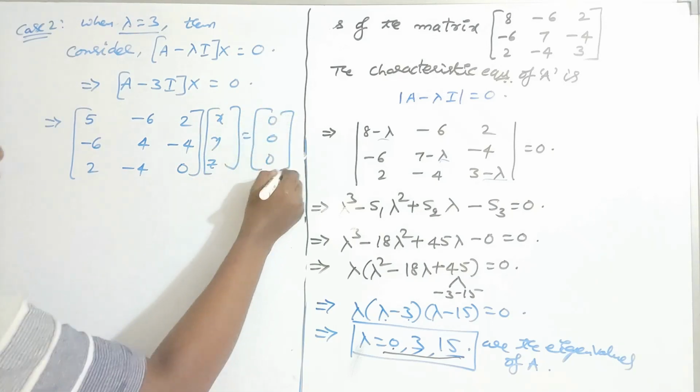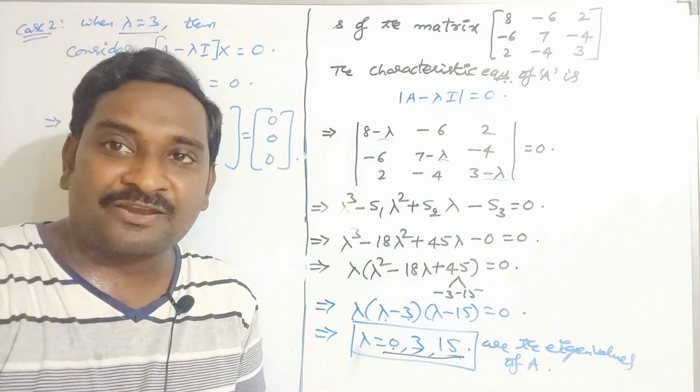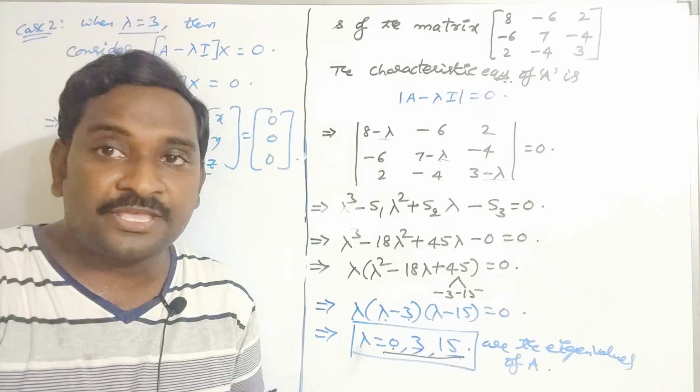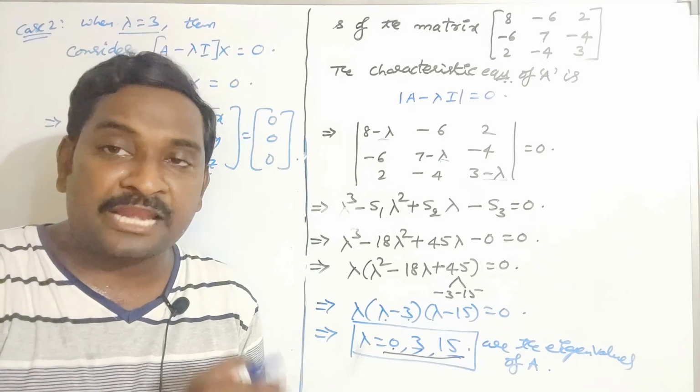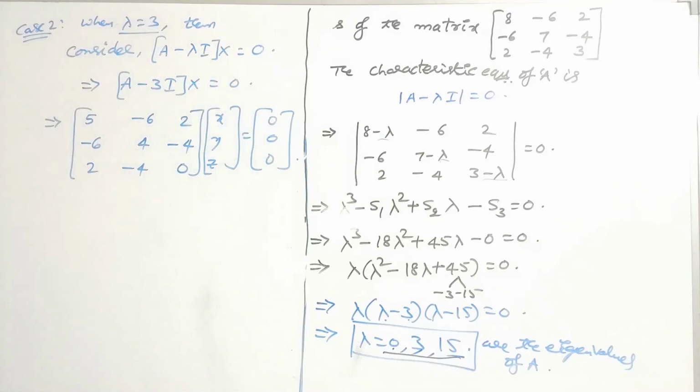Okay, it is not necessary to reduce this matrix into echelon form. Don't use the general method to solve Ax is equal to O here. Okay, it is not necessary. Directly you can solve any two equations to get the non-zero solution. Don't forget it. If you use that method, the problem becomes very tough.